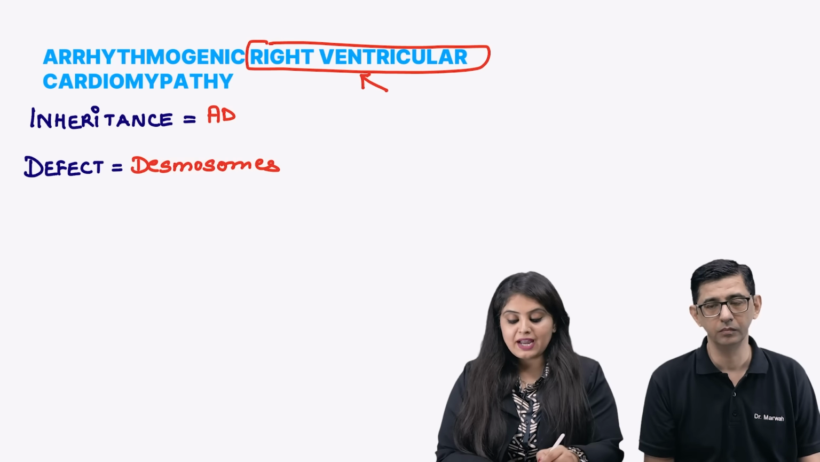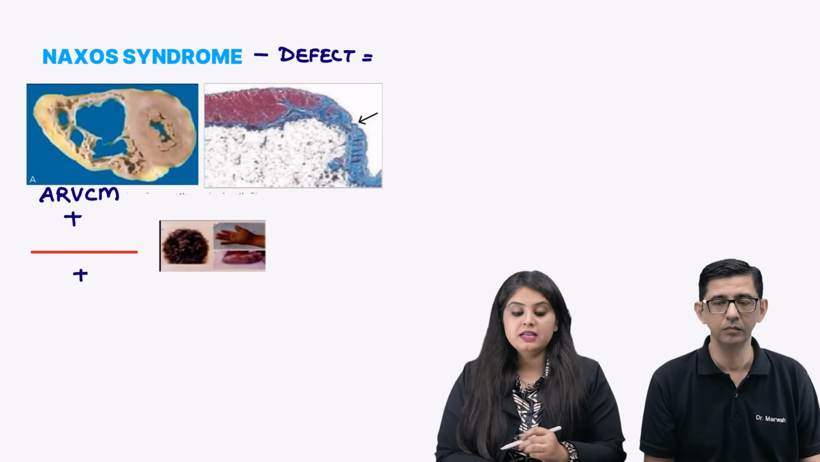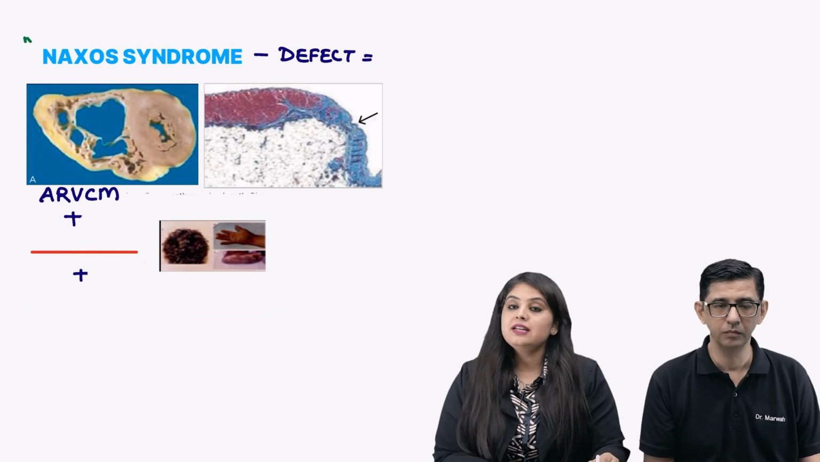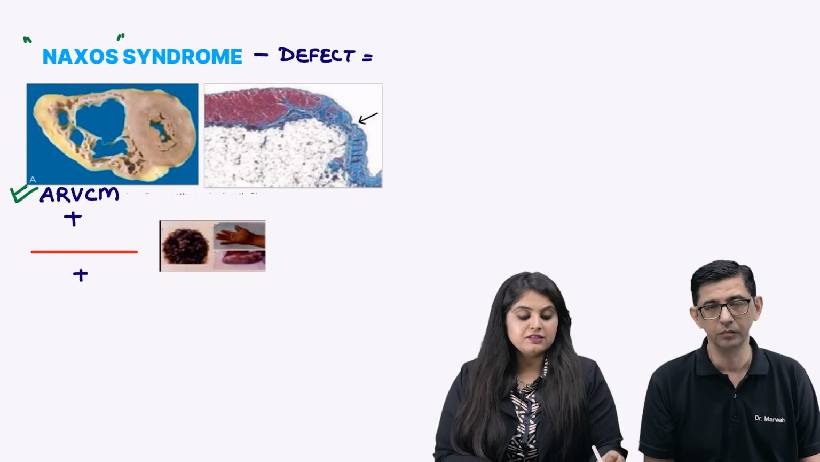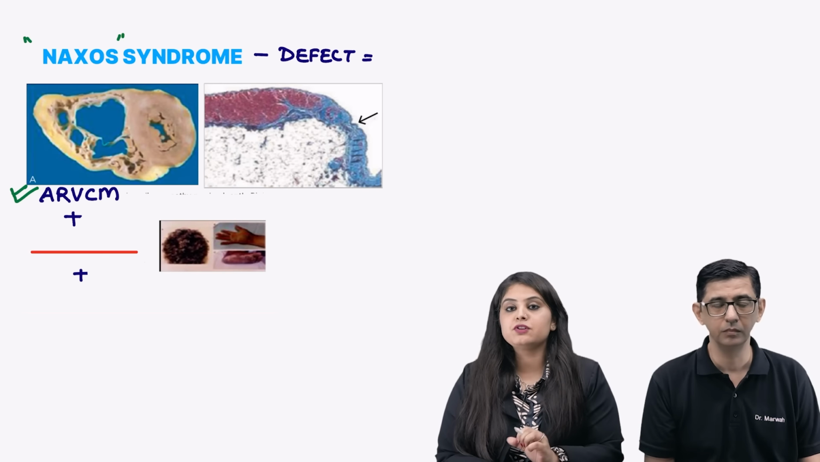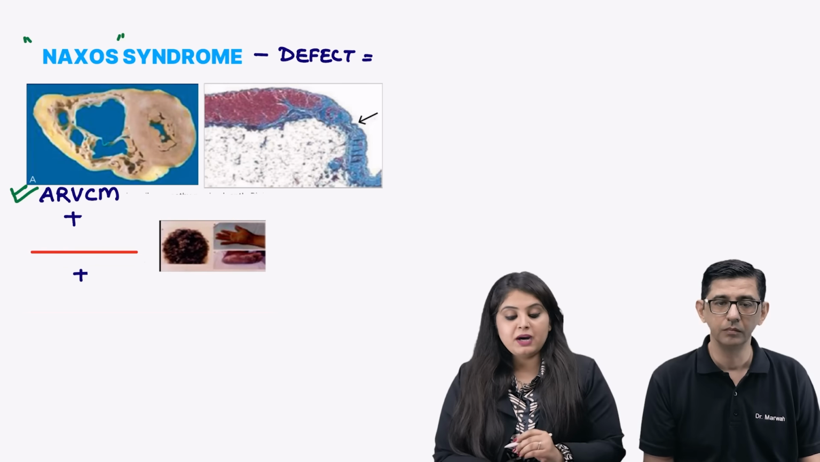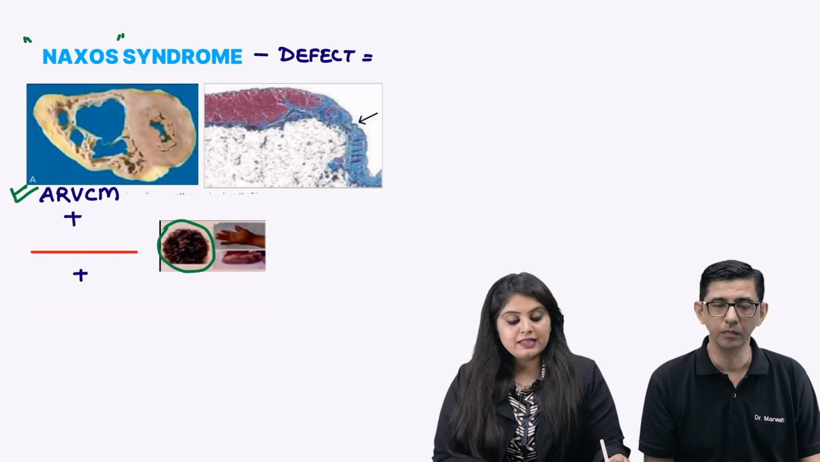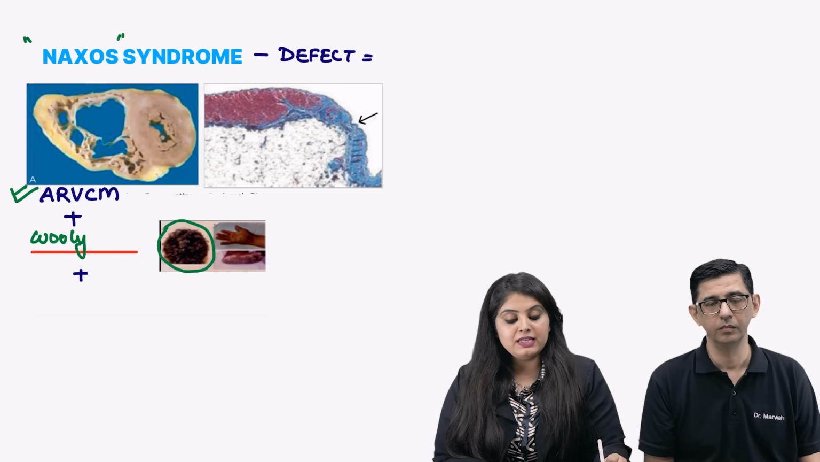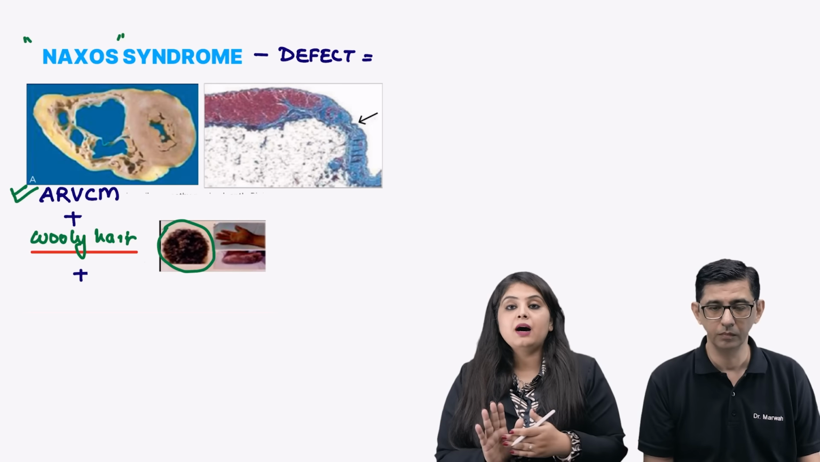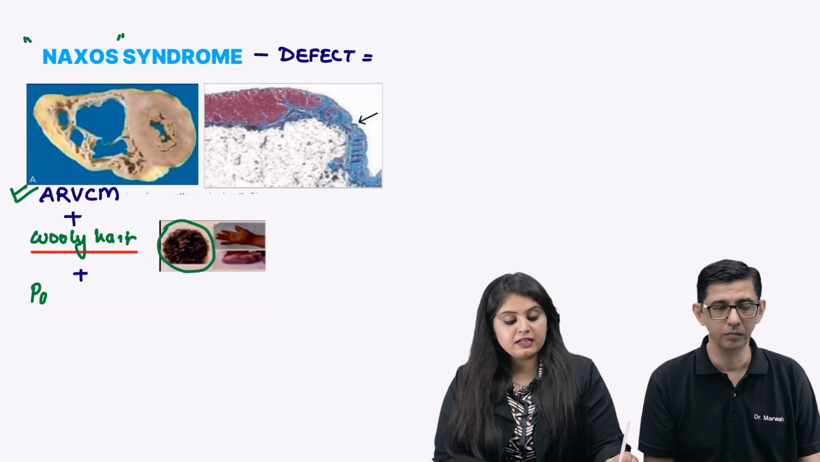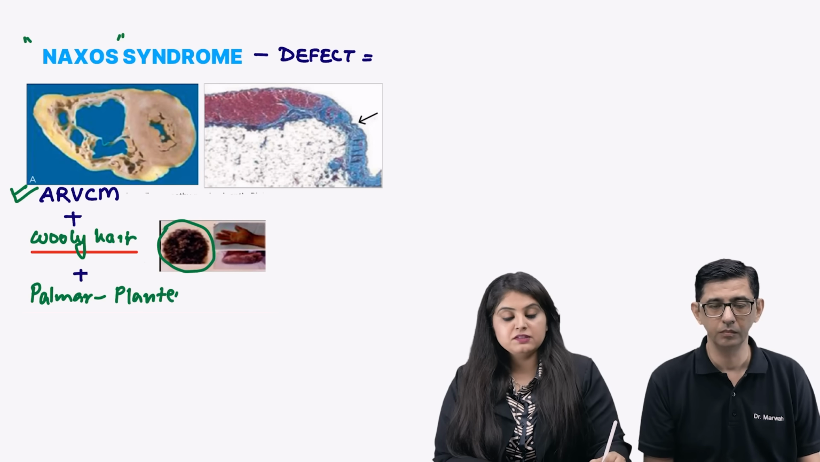But I just wanted to add on to that, because apart from this, that is a syndrome called the Naxos syndrome, where again the patient has the same ARVCM and fatty infiltration that I told you about. But apart from that, you can visualize over here that there is a child who's also going to have woolly hair. And if you look at the palms and the soles, so there is going to be a defect that is also going to be seen, that is palmar plantar, and that defect is that they are going to be